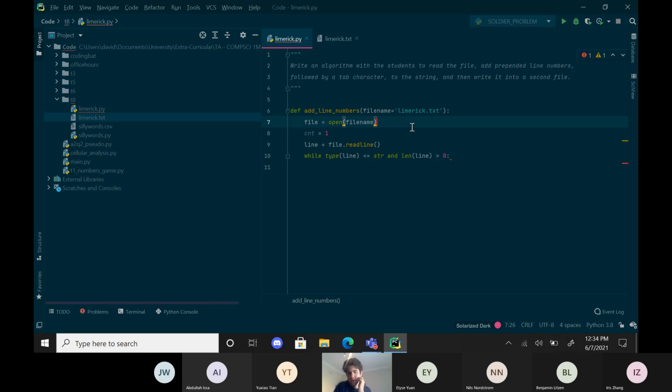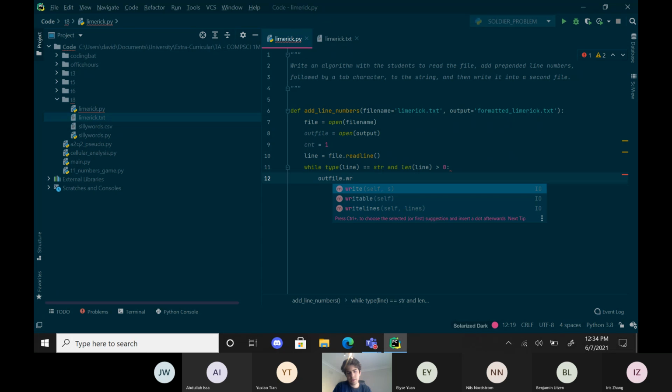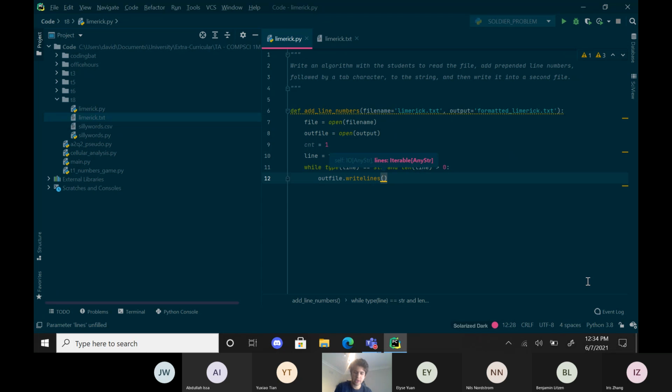and then let's do a second thing now. We want an output parameter here, which we can make limerick, do out file. And then in here, we're going to want to say out file.write line. In this case, I think it wants a list. So what we want to do is just do a list of one line, and we can say